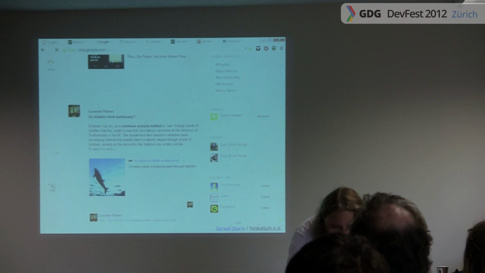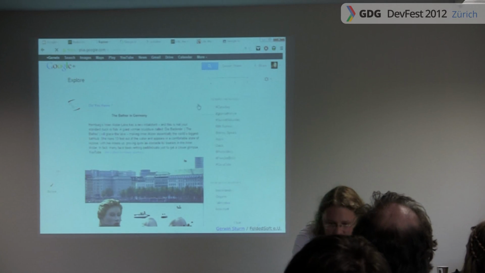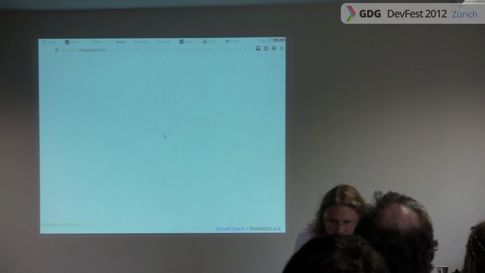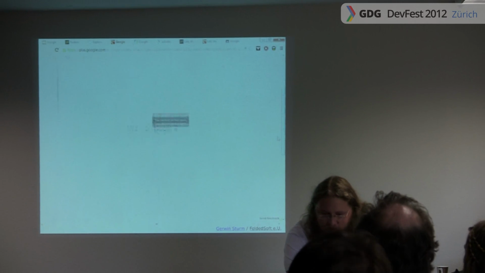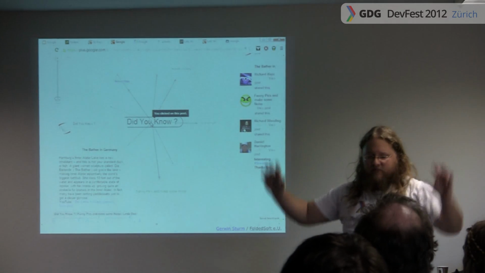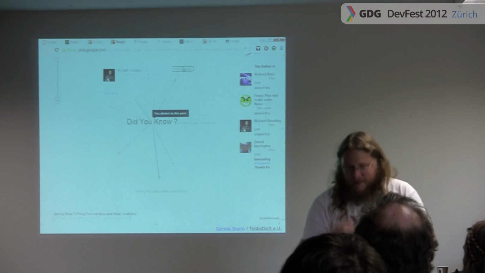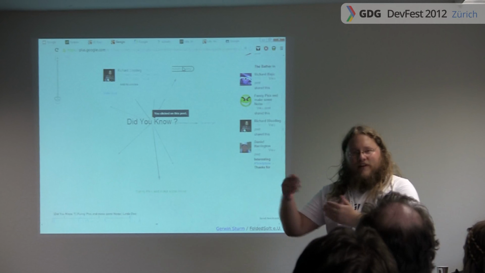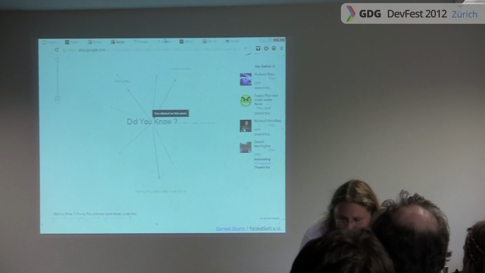Actually the easiest is to go to Explore, and let's go to view ripples. That's a diagram that shows you the original post and how it's been spread out in all kinds of directions via reshares. What you don't get in this diagram is what people are talking about, so you don't see the comments on those reshares. To fix this problem,